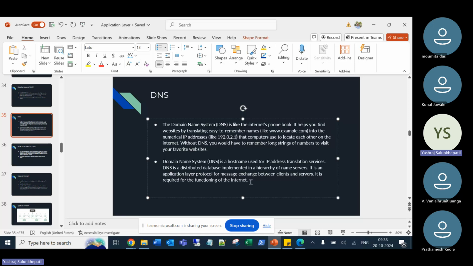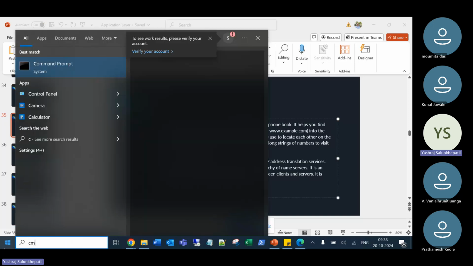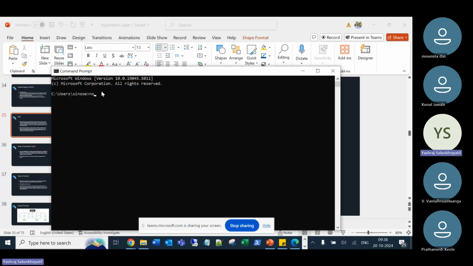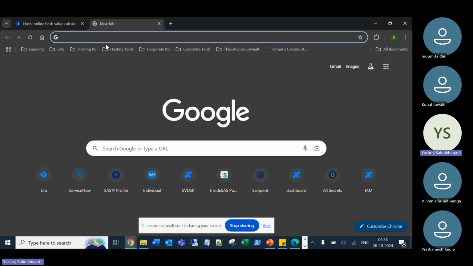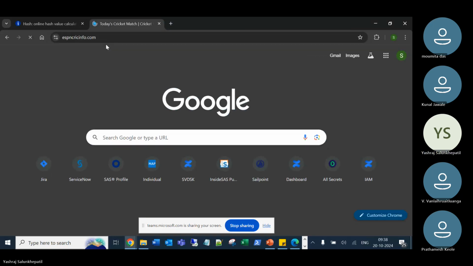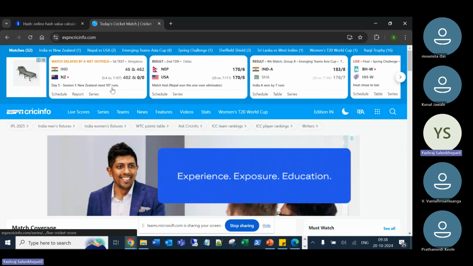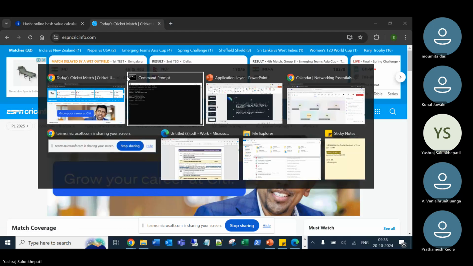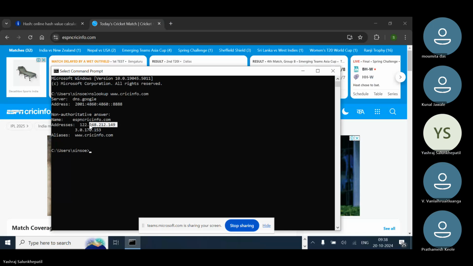Okay. So if I open my command prompt and type nslookup www dot, let's say, crickinfo.com, it is giving me this. There is a lot of information, but the information concerning me is this one, the address. So if I copy this address and type it here, it takes me to the Crickinfo web page. So what DNS is doing is converting this into this. Okay,